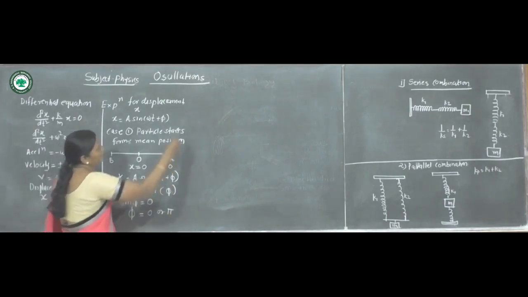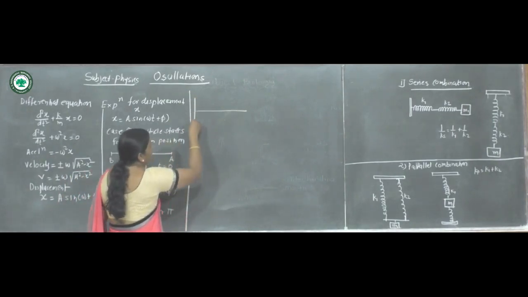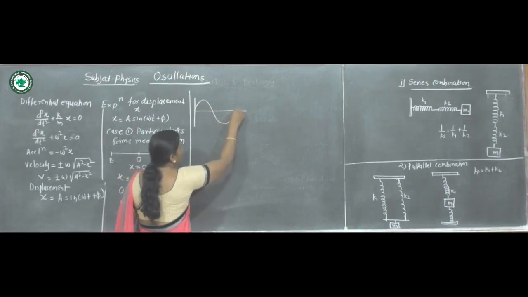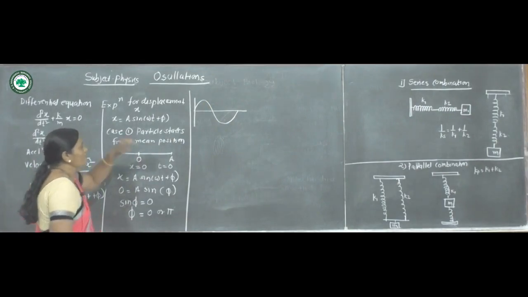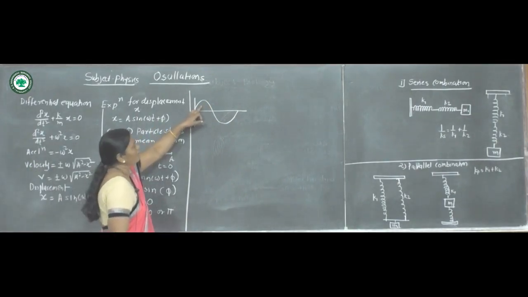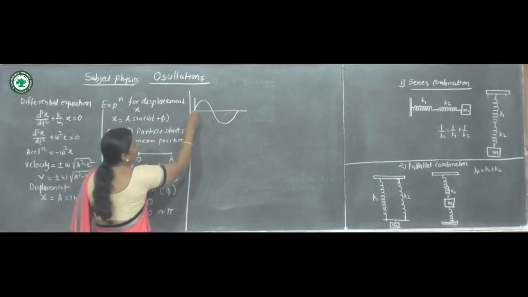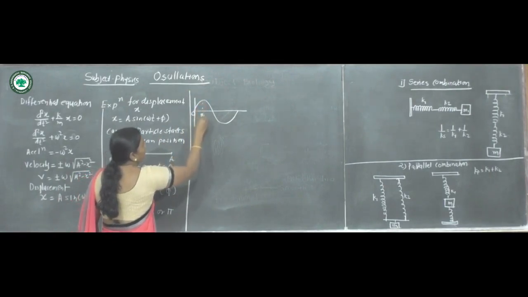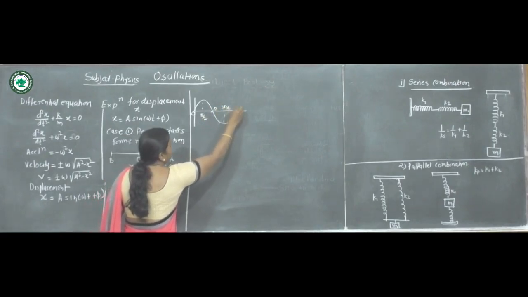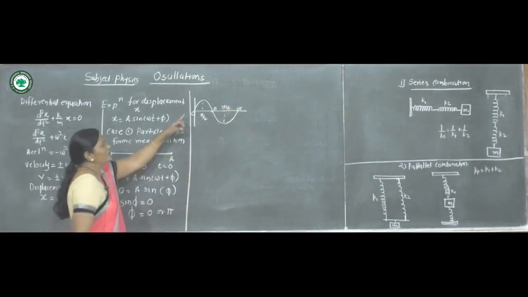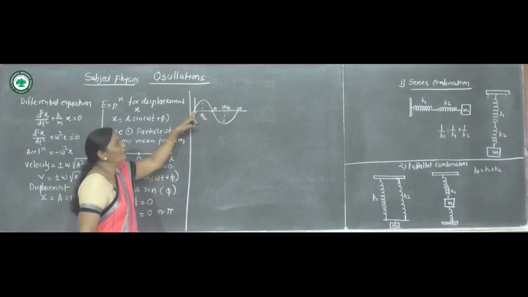Now here we explain the example. Suppose the particle performs the motion like this, it is called simple harmonic motion, that is, the acceleration, velocity and displacement change as functions of sin and cos, therefore it is harmonic motion. Then we can say this is 0, this angle is pi by 2, this angle is pi, this angle is 3 pi by 2, this angle is 2 pi. Now here this is called the mean position. This line indicates that the particle is at the mean position.